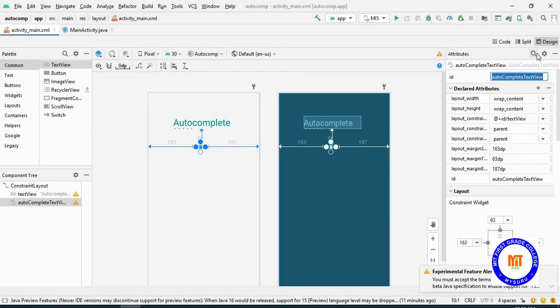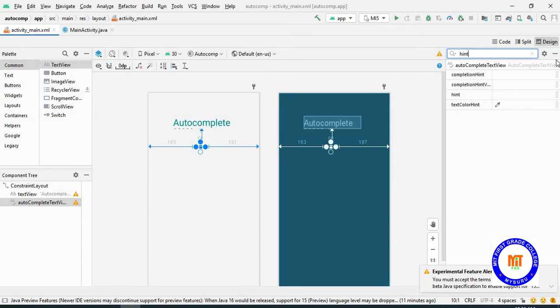Now you can search for hint and give the hint as enter name. This hint is very useful because as soon as you enter one letter, it will automatically make this enter name disappear.